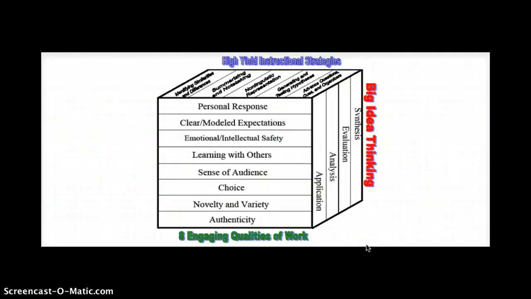So in terms of the engagement cube, you have high-yield instructional strategies, the big ideas thinking, which is a higher level of thinking skills, and then the 8 engaging qualities of work found in the center. So let's take a look at what this chart has. In terms of high-yield instructional strategies, Marzano has come up with his top 9. What that looks like are these: